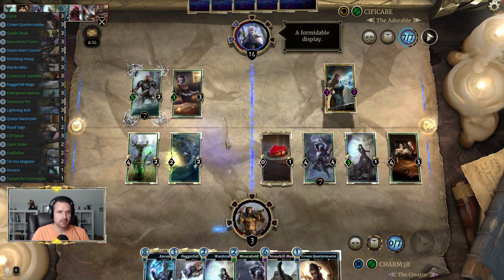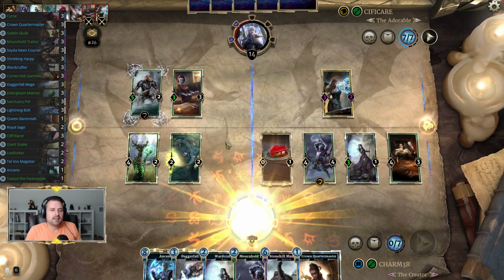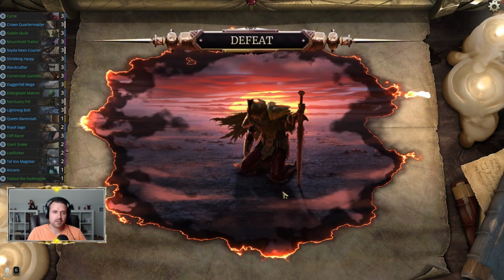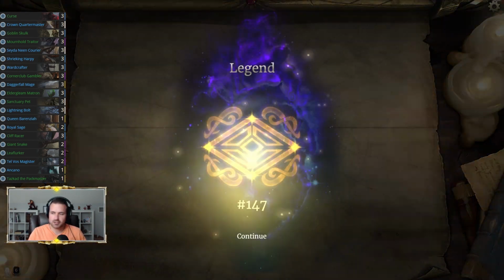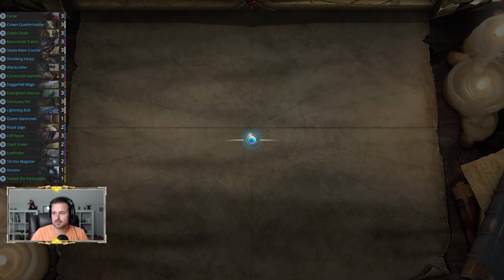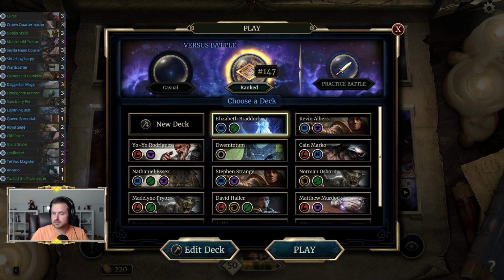And there you go. A formidable display. I think there was a number of things that went wrong for us there. I think it's a bad matchup, for one, for us. Because like I said, they've got a lot of ways to avoid our tempo plays. But also,